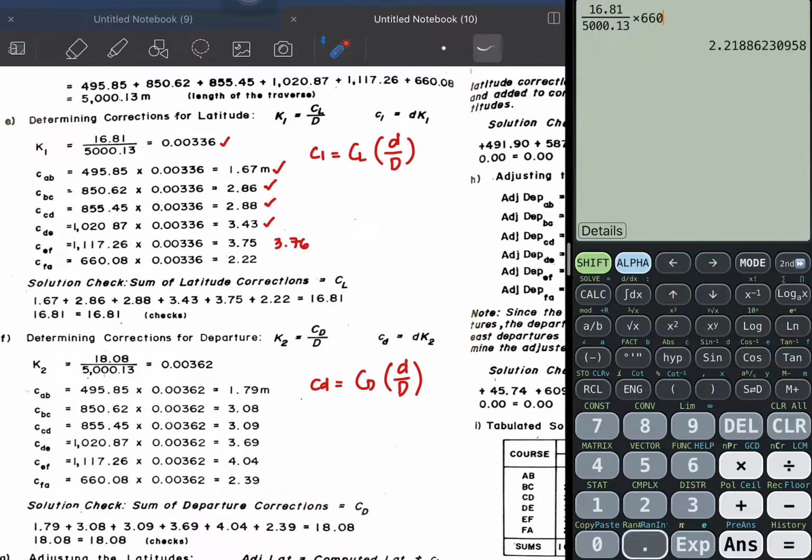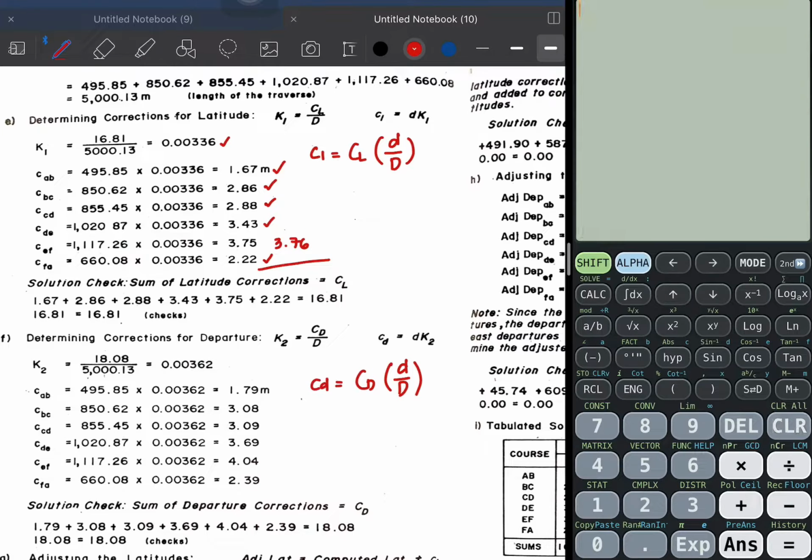So next, last line is 660.08. So that is correct. So when you add these values, 1.67 plus 2.686 plus 2.88 plus 3.43 plus 3.75